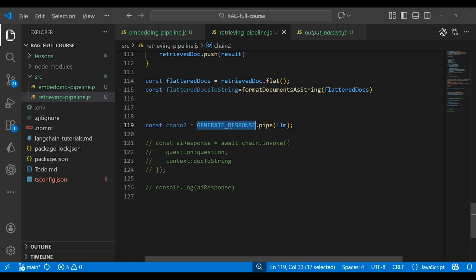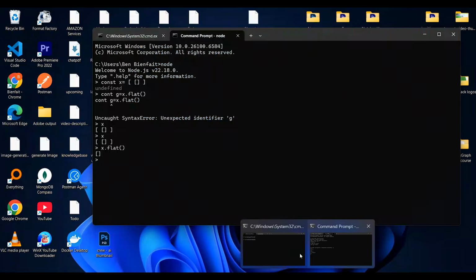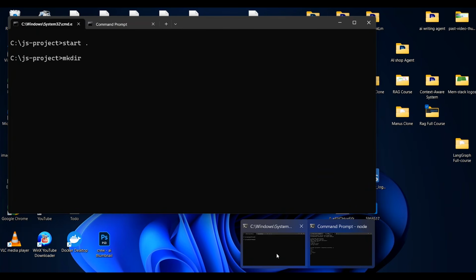Now I'm gonna take that and pass in here, and we are going to pass the flatted docs to string. We're gonna pass it as counters, and here we're gonna pass the user query. Okay, like this. And then we're gonna get the response. Now let's see what we're gonna get. We should pass it chain 2 like this. Okay, now let's head into the console and run this and see what we're gonna get, guys, is the response